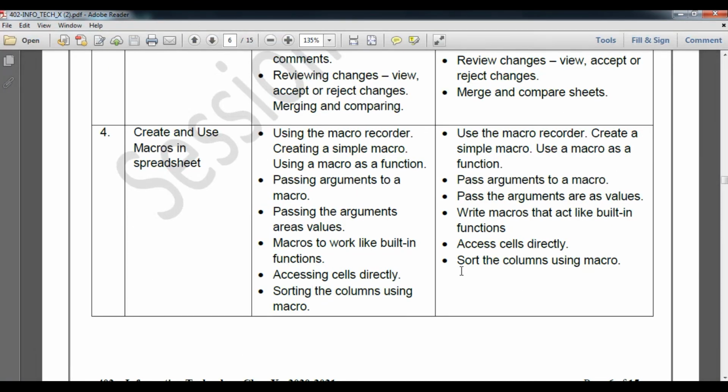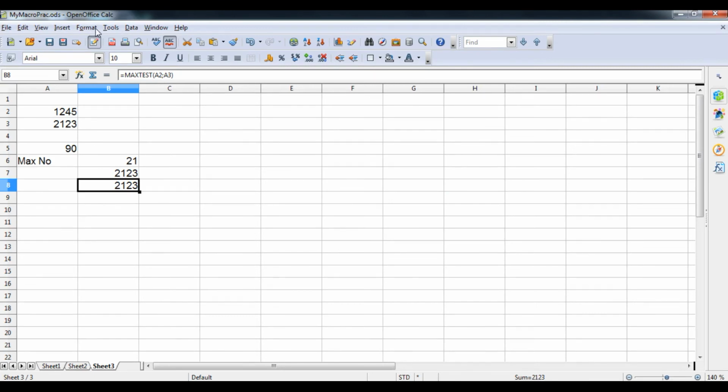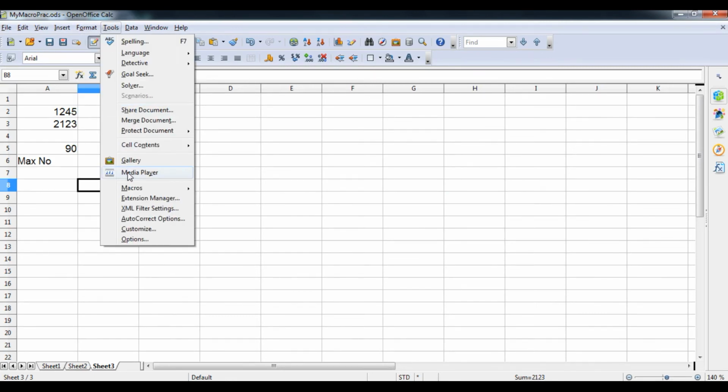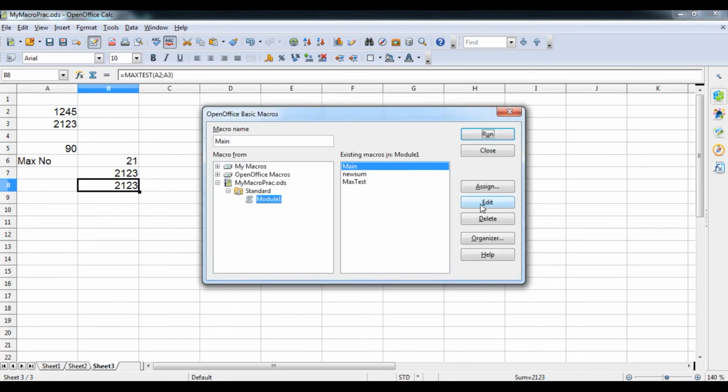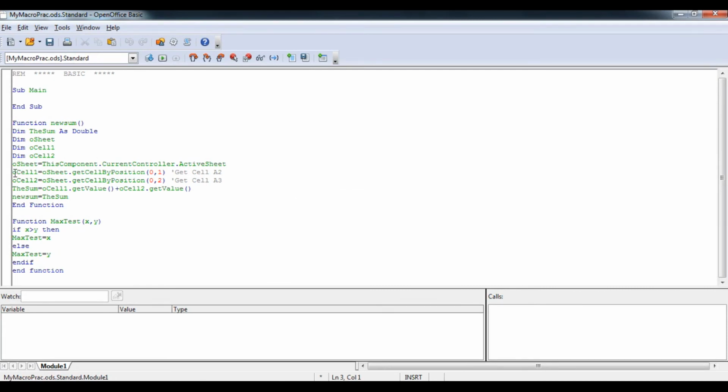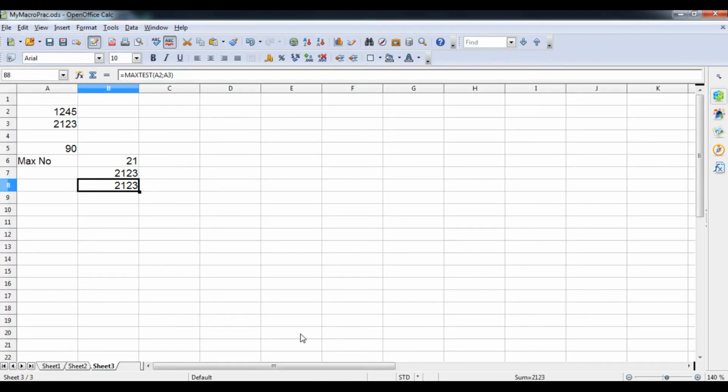Now we are talking about the last topic of the day, that is accessing cells directly, student. So how to access a cell directly? I have already completed this practice in this particular code, so I will show you how to add that code directly. Now you can see, student, this particular line shows you how to access the content directly through the get cell by position function. Here is 0, 1, that is by position. We can access it directly, cell by cell. So I hope you have learned this, student.